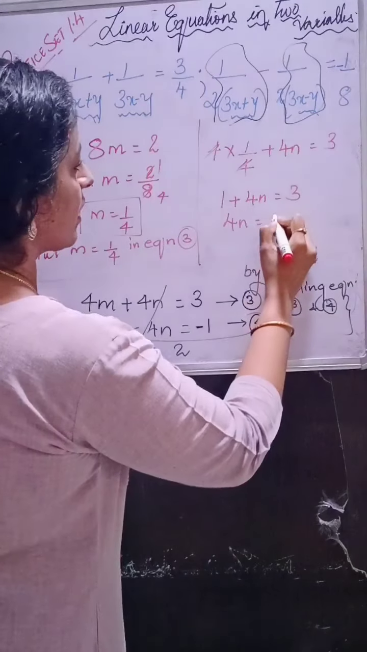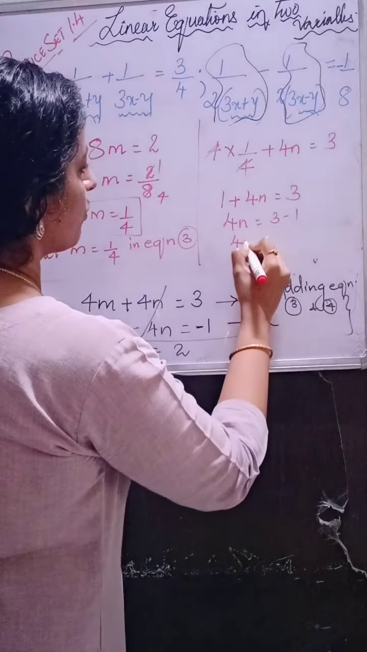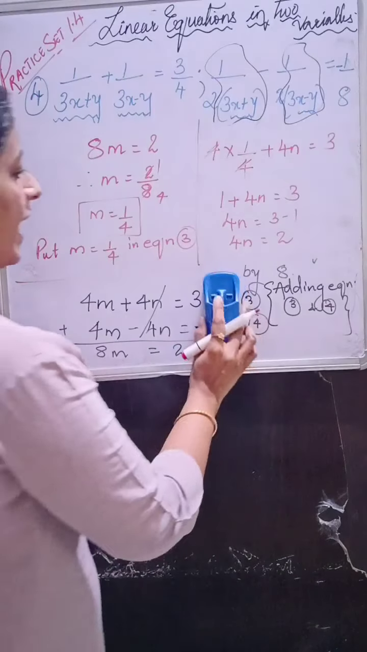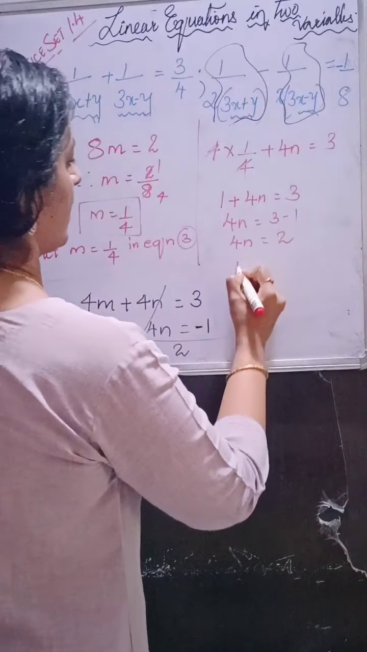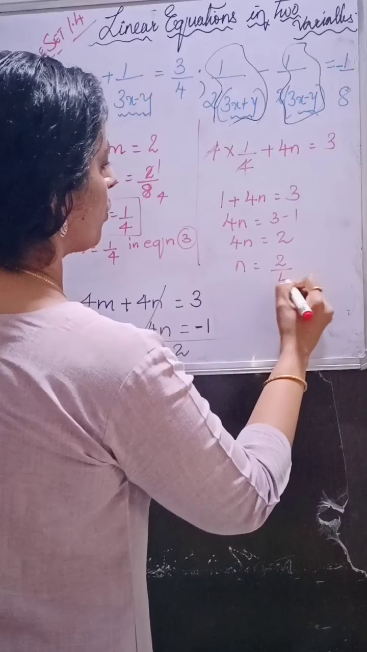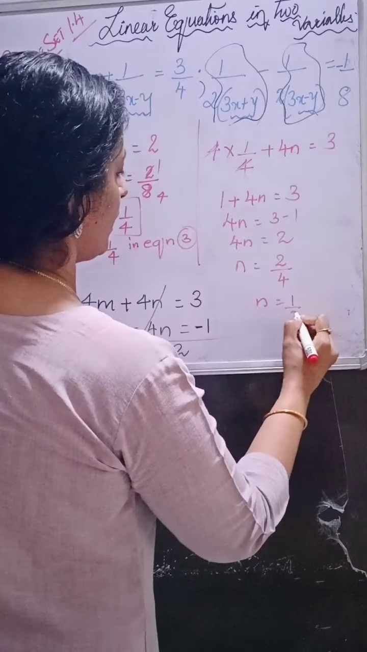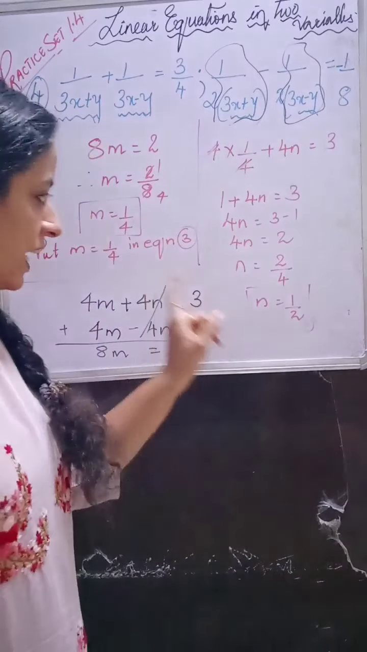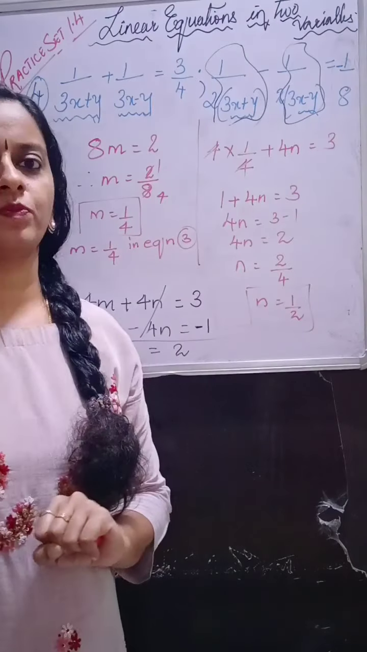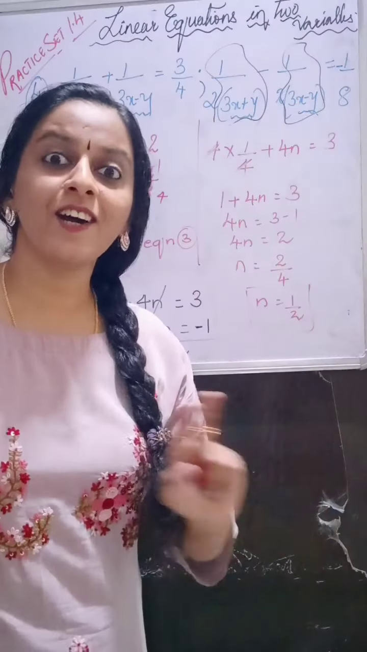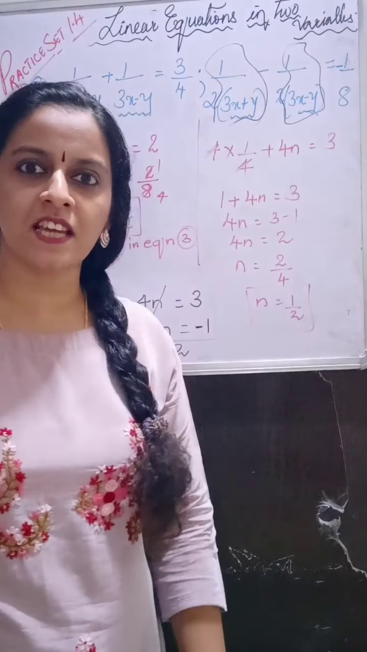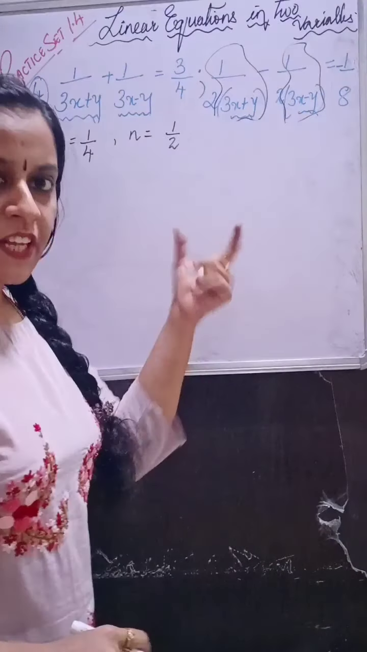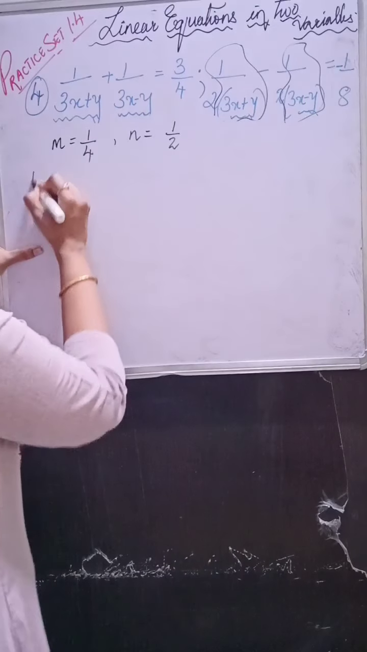4n will be 3 minus 1. 4n is equal to 2. So we got n as 2 upon 4. N will be 1 by 2. Okay. So m we got 1 upon 4 and n we got 1 upon 2. Now the last step, final step, resubstituting the values of m and n. After getting the values for m and n, last step we will write